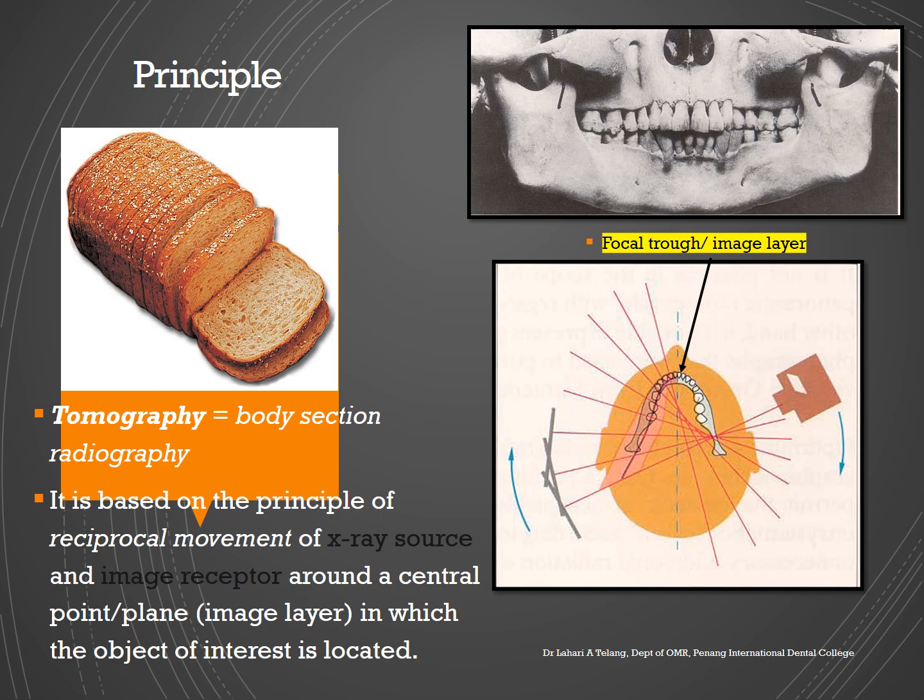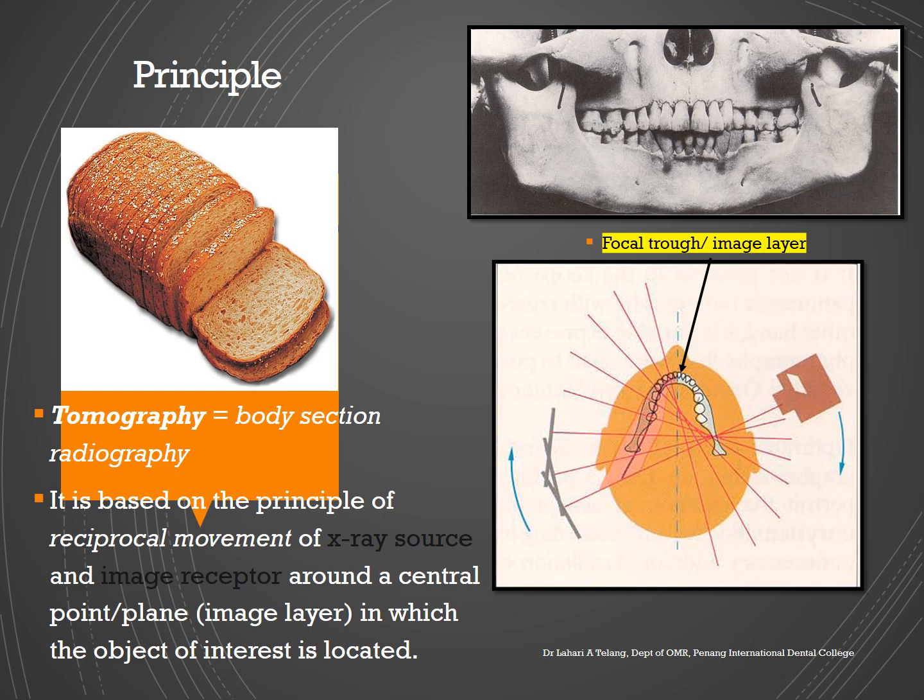So it is based on the principle of reciprocal movement of the X-ray source and the image receptor around a central point or plane in which the object of interest is located. So if your teeth, upper and lower, are located in one particular point of interest, or the area which I am talking about, the X-ray machine and the receptor are moving, let's say, in clockwise direction, reciprocally at the same